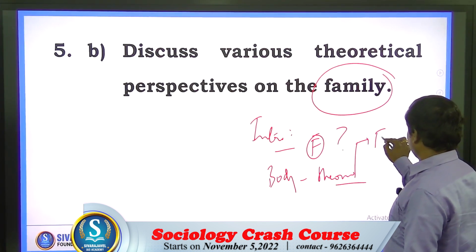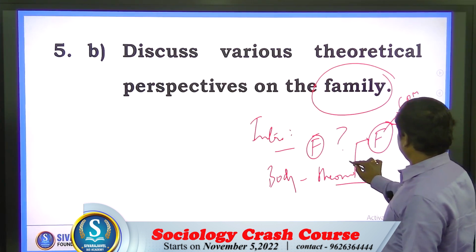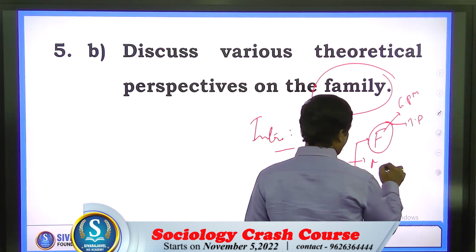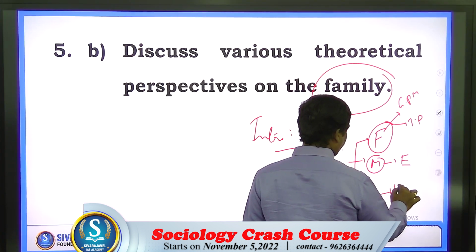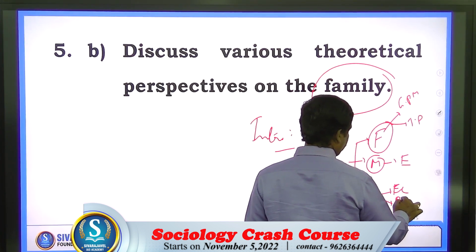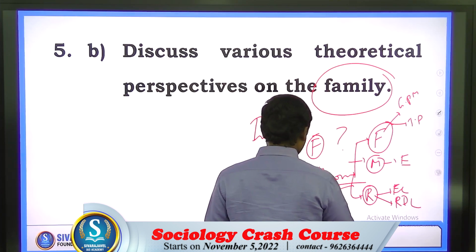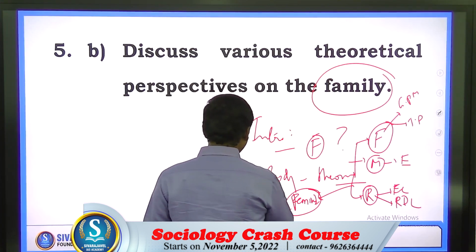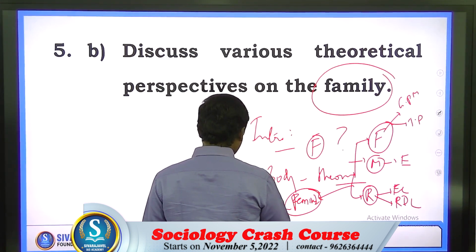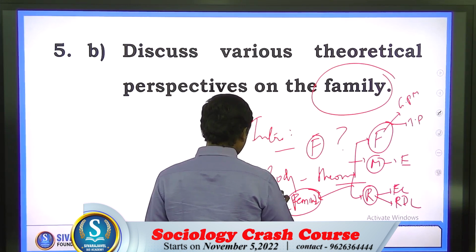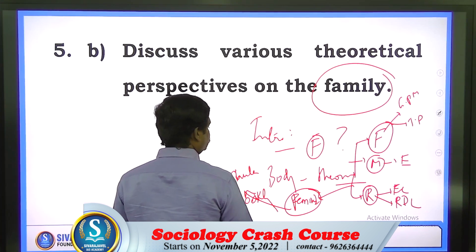So functionalist theory, especially G.P. Murdock and Talcott Parsons. Then Marxian theories, Frederick Engels. Then radical view, Edmund Leach, R.D. Laing. Feminist theory, Shulamith Firestone, Ann Oakley again, feminist theory of family. Right. So conclusion,